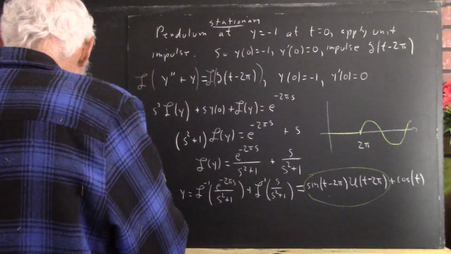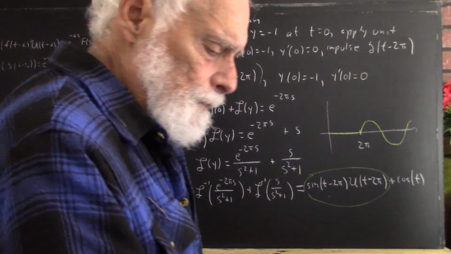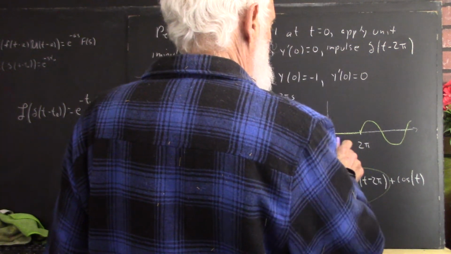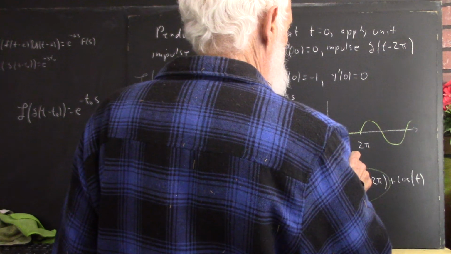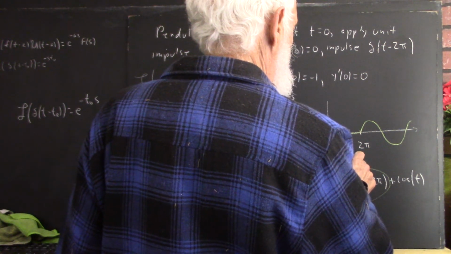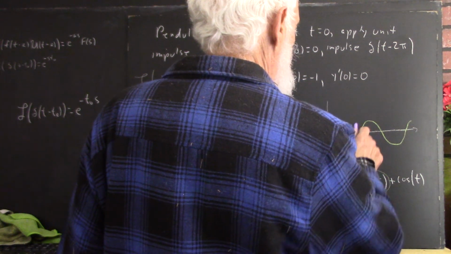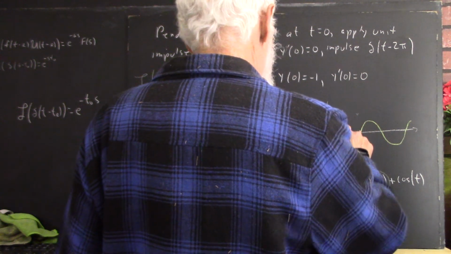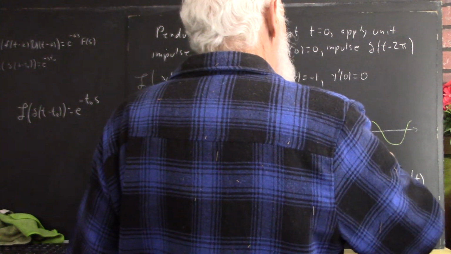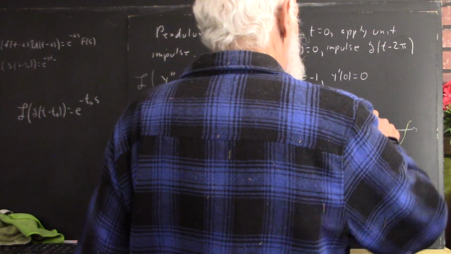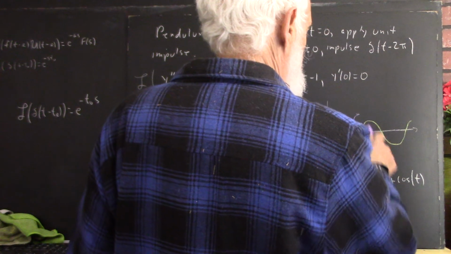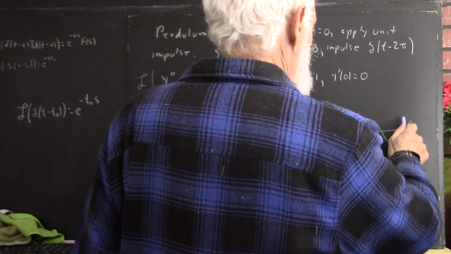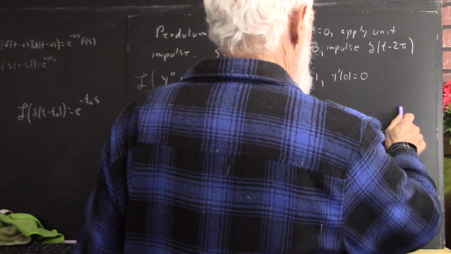And I'm still looking for what I have right here. Okay, cosine of t starts here. It's going to have a minimum here, and it's going to be back up here. So it's going to come down like so. Oh, got a little carried away there. And then it's going to do the same thing. It's going to have a minimum here, and it's going to be back up here. So